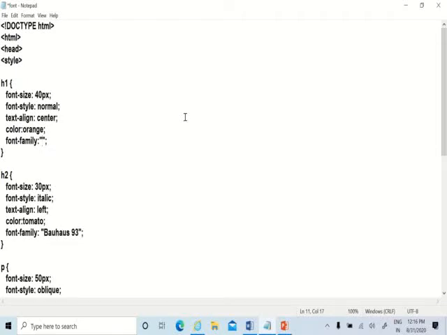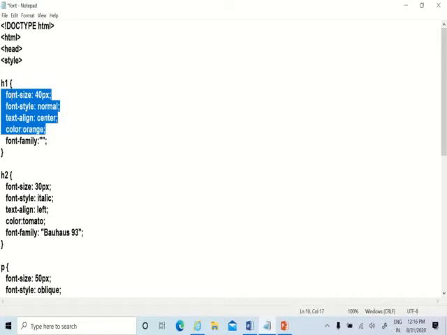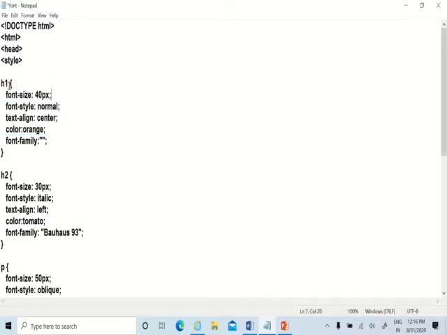Children, in this video we will learn how you can apply different types of font property and alignment attribute with your predefined HTML tag or with your own tag. So first we are discussing font size. We always give font size in pixels. Instead of an equal sign, we always give a colon sign. Font size will be 40 pixels.